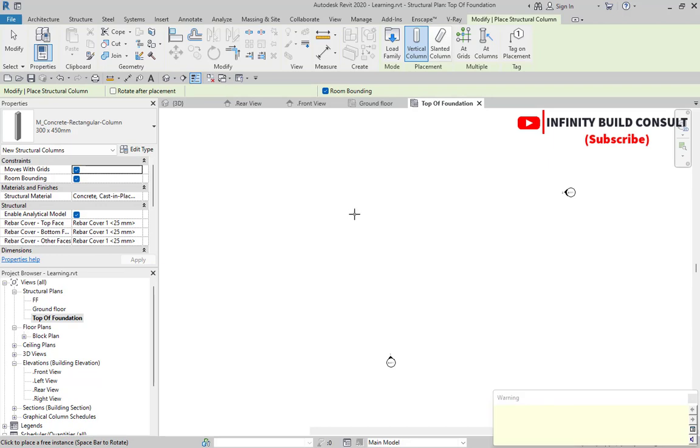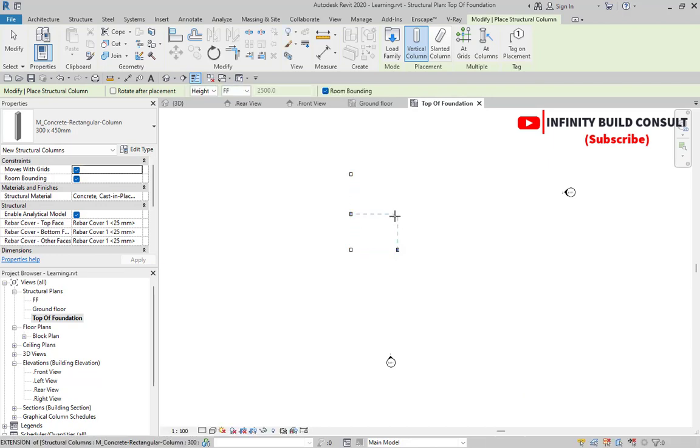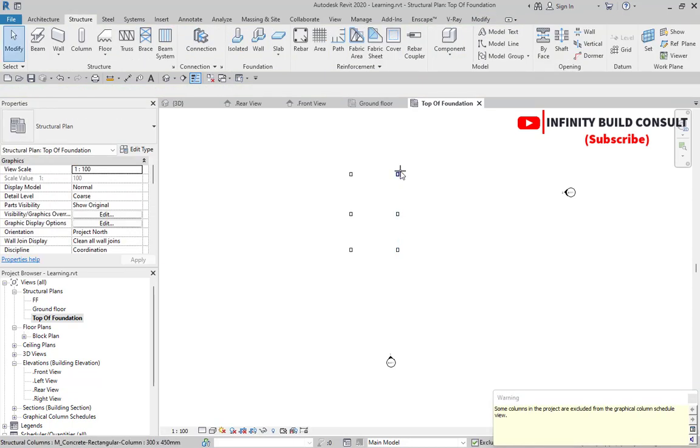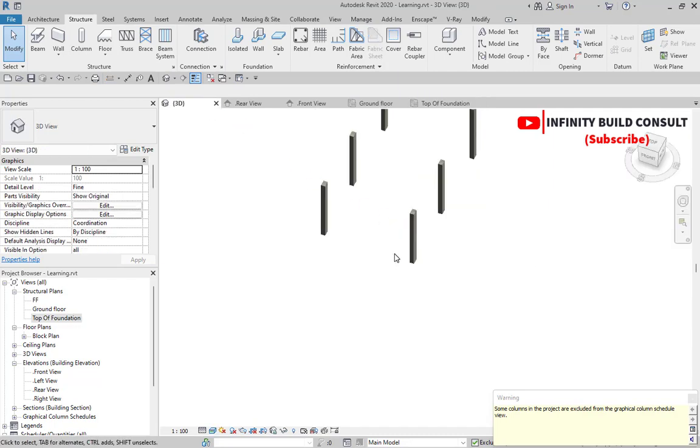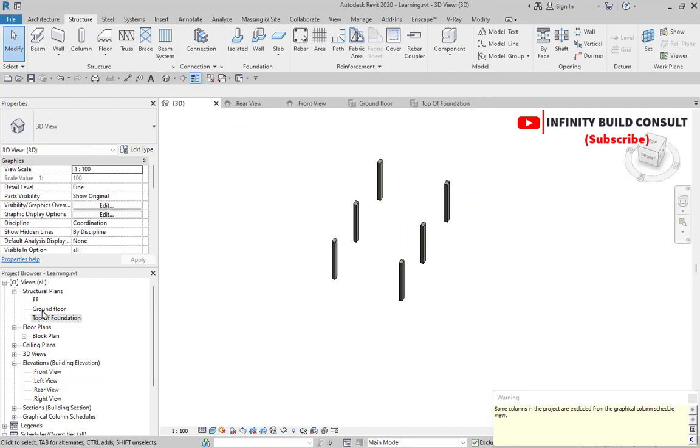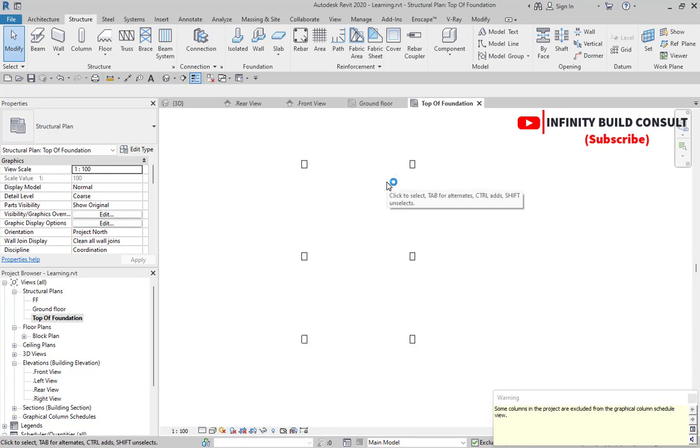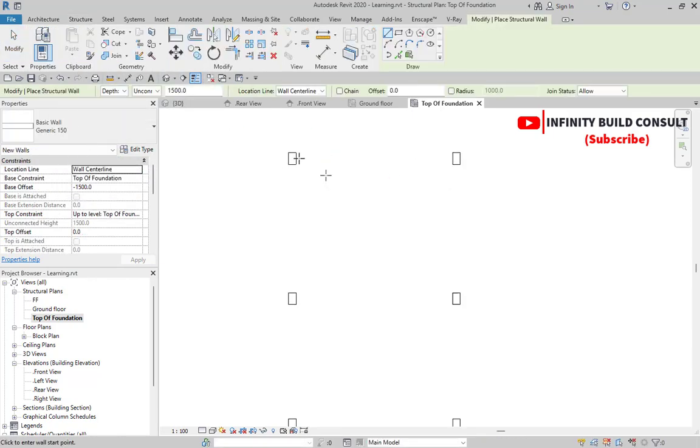Then I'll try and place columns in here like that. Okay, so after placing this column, I can also check from my 3D here. So then I can now draw my